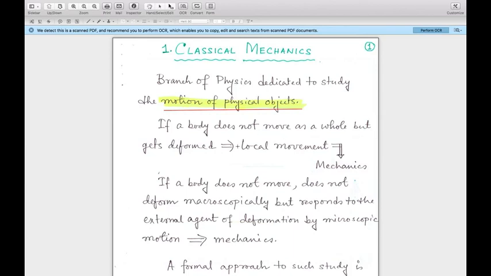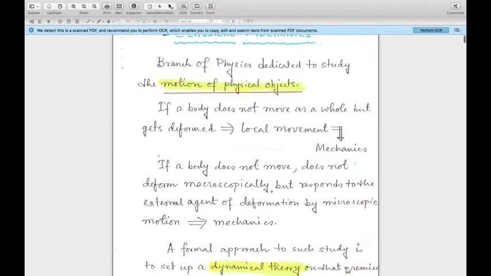Okay. If a body does not move as a whole under some circumstances, but it gets deformed. Let's say we push or give some thrust to a non-rigid body, like a dough of flour, and it gets deformed partially. So it really corresponds to a local movement of the system, and this also belongs to the class of